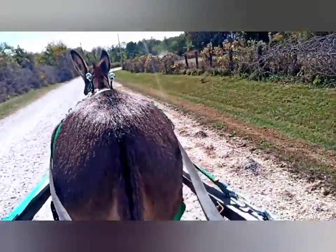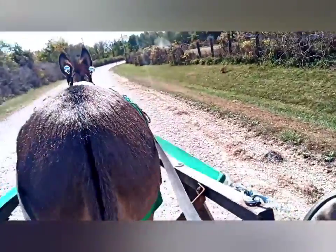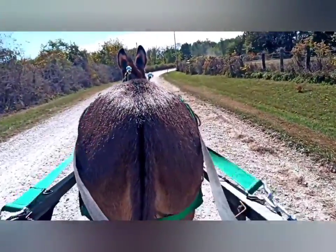Check this off before we get to this big steep hill. She's not going to like it. But I'm riding, and she's